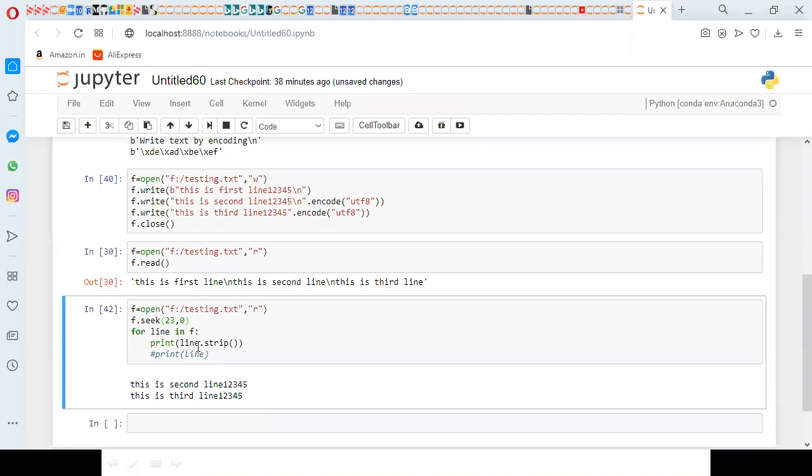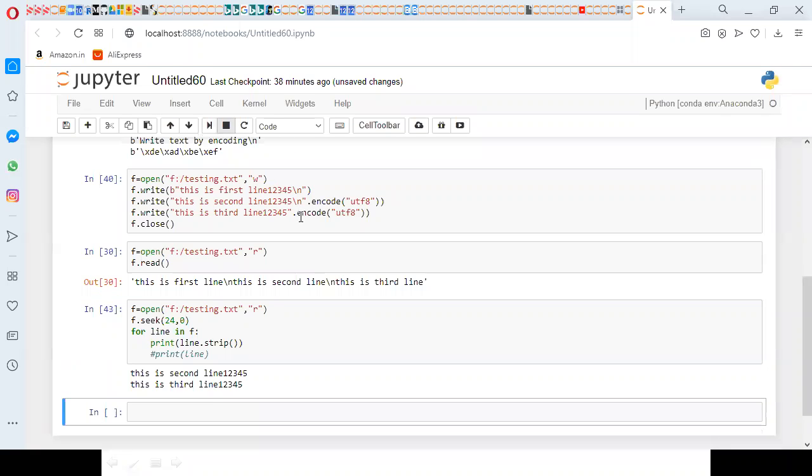Because that is the 24th character. So then I simply go with 24. Now it starts. This is the functionality of the seek method: to move the file pointer to a particular position. After doing that, if you want to do any operation, either read or write, you can do it.